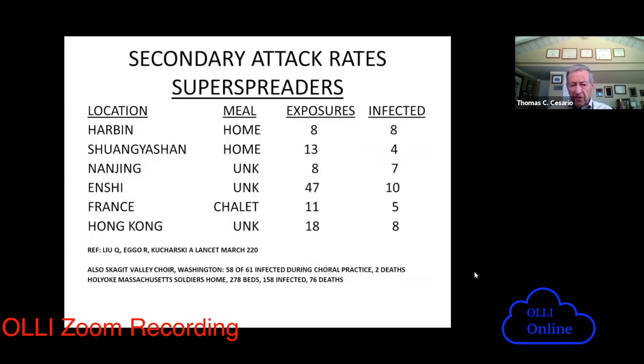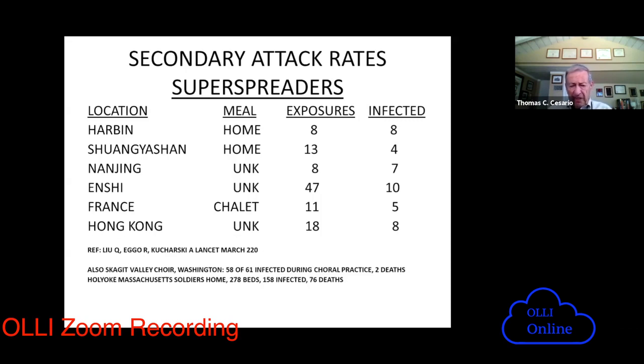So these are the references for those cases that I just talked about. But I want to talk about a special event that we call super spreaders. And what I want to leave in the back of your mind is that there are circumstances in which the virus is most easily spread. And there seem to be certain people who may be more capable of transmitting the virus, whether it's because they have more virus, or because of something they do, cough more often, talk more loudly, sing a lot, that they seem to be able to infect other people more readily. So we call them super spreaders.